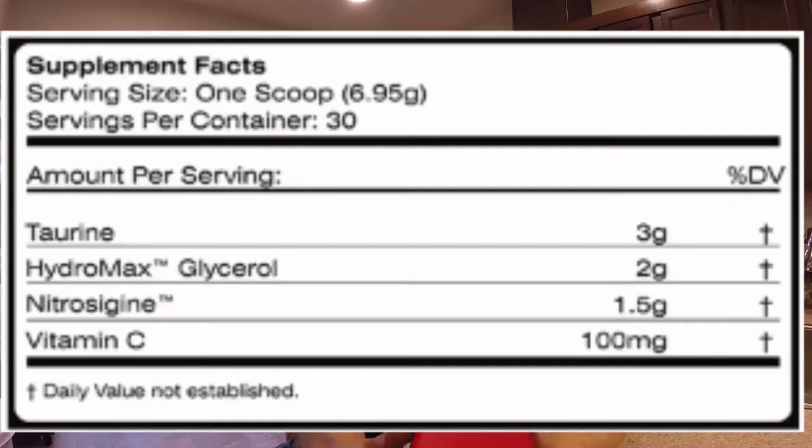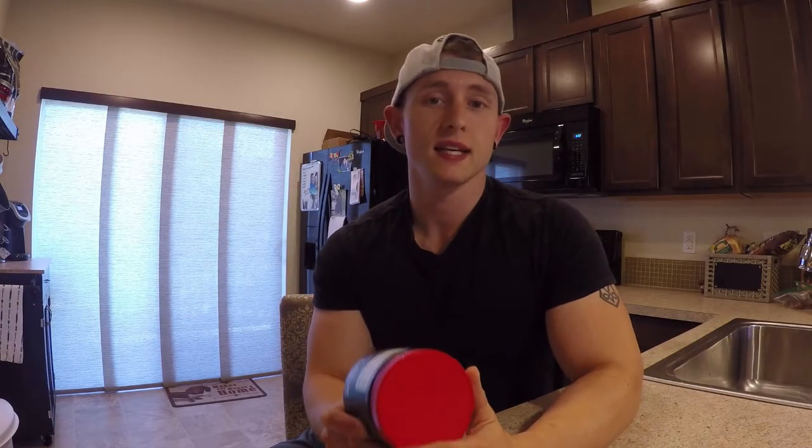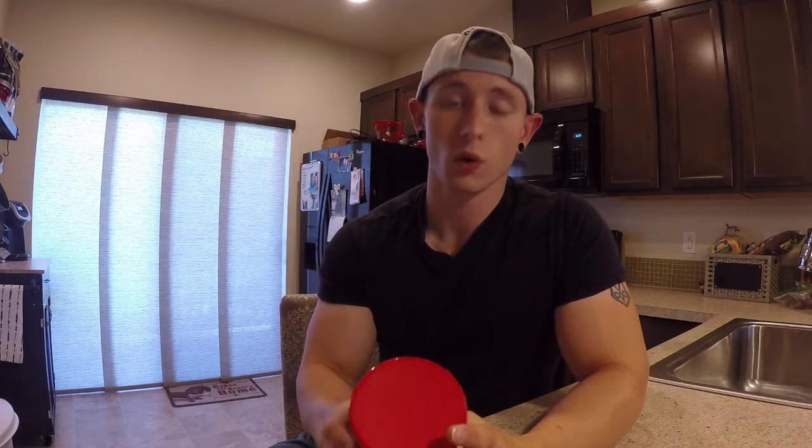Now, what makes MTS Vasky special? The best thing about it is that it has 4 ingredients. One of the 4 ingredients is nitrosine, and basically what that is, is nitric oxide. What that's gonna do for you is within those muscles, you have what's called a smooth muscle, and it's gonna cause the flattening of the red blood cells within those smooth muscle to allow for a higher muscular blood flow rate, which is awesome in terms of fitness because that's what's gonna get that vascularness, not only for aesthetics,